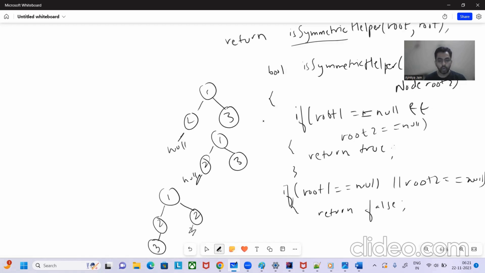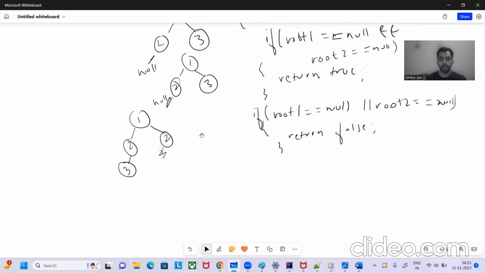So when we go to the left hand side of both these nodes, here we'll get 3, but here we'll get null. So this is the case, so we'll return false, it's not symmetric. Okay, then similarly,